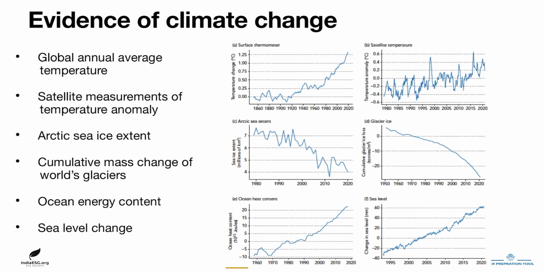Here the temperature is relative to the 1850 to 1900 average, and if you see this diagram, there is an increasing trend. In the second diagram, it shows satellite measurement of the global monthly average temperature anomaly, and this is relative to